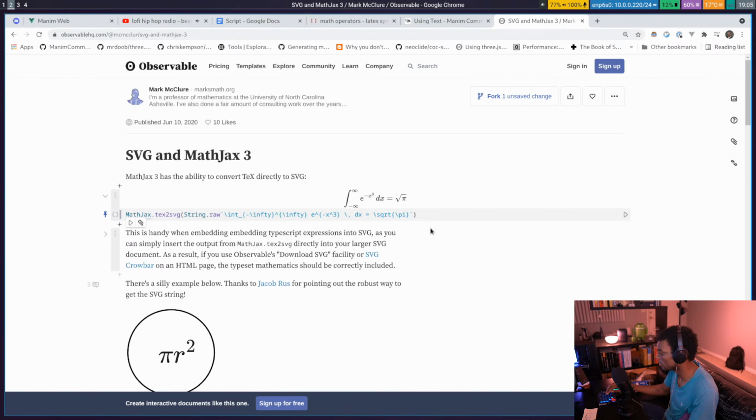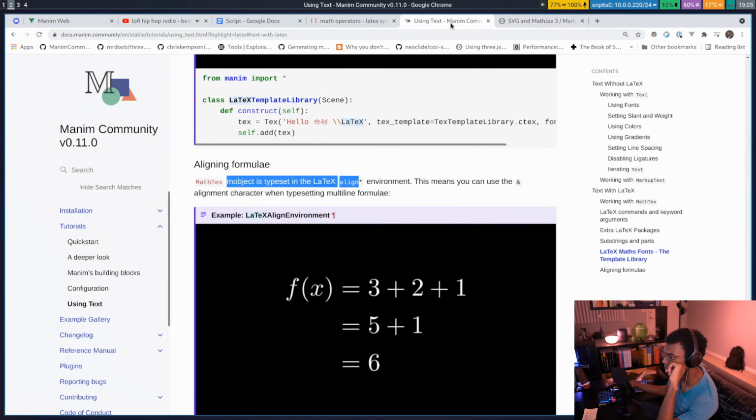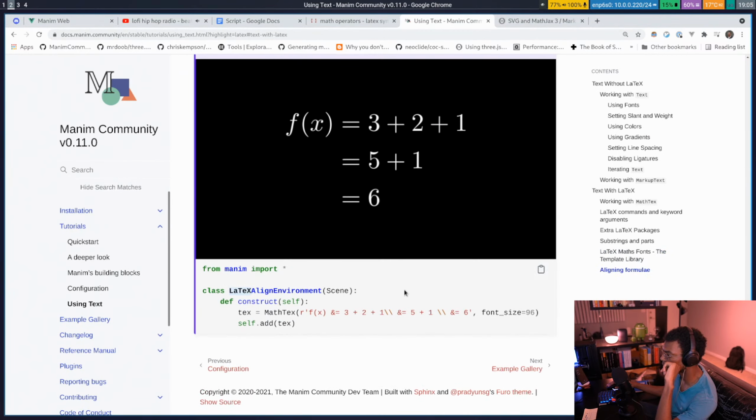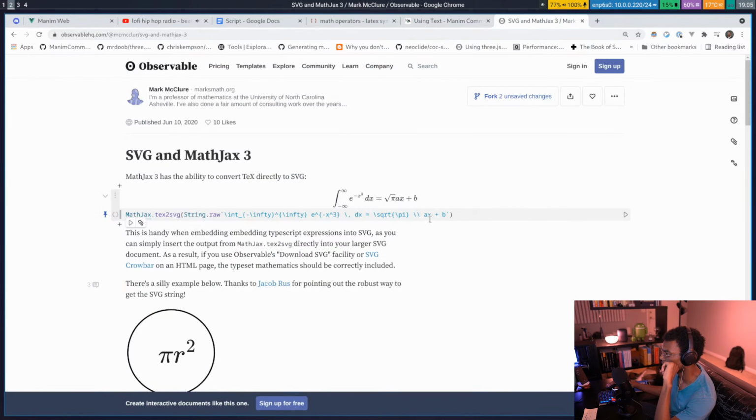So if I do a double backslash and then like, oh, ax plus b. It didn't work. That's annoying. I think the double backslash is usually a new line. Like, maybe that's only in an aligned environment, so maybe